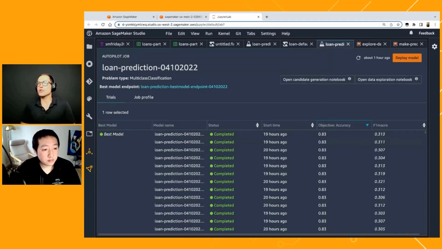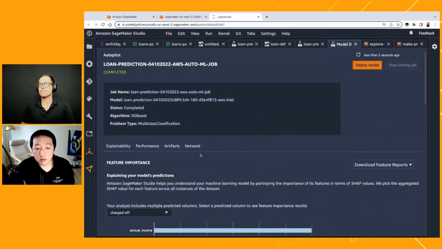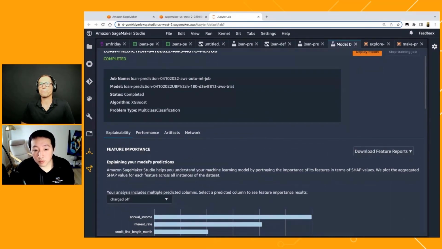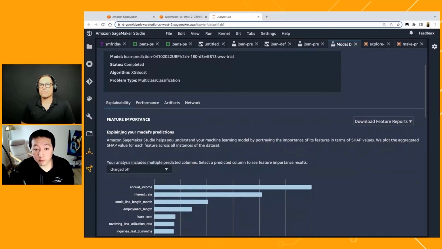So it gave you all those different options that it evaluated, but how can I actually trust that this best model is actually best? What does it mean? Yeah, so let's look into the model in more detail, right? What Autopilot generates as part of the explainability report is the feature importance and performance report.